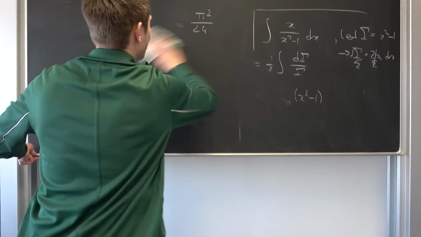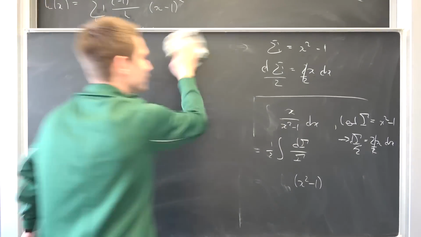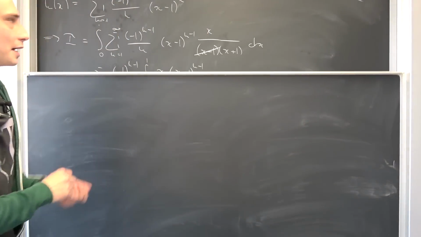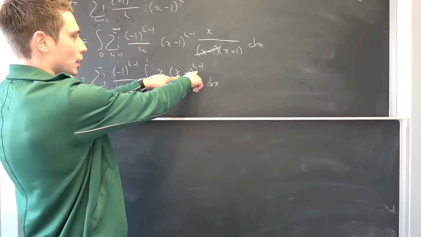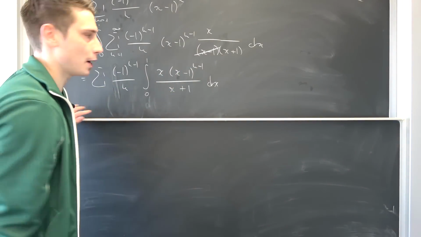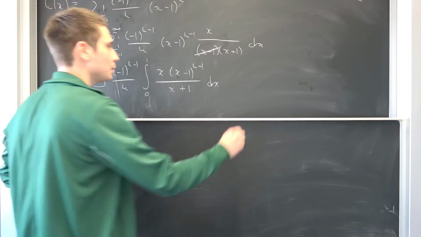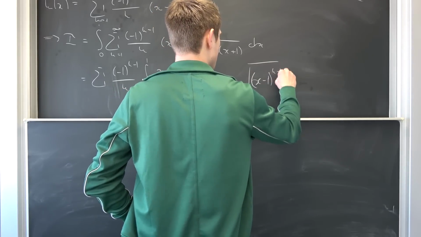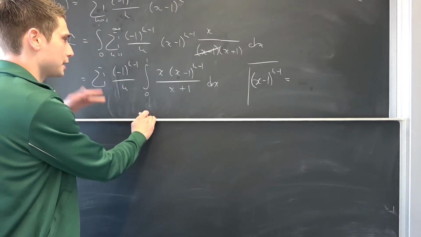Okay, let's get rid of this chunk right here. Okay, so you see we have (x minus 1) to the k minus 1 power, and that absolutely screams for the binomial theorem, meaning (x minus 1) to the k minus 1 power is going to evaluate to